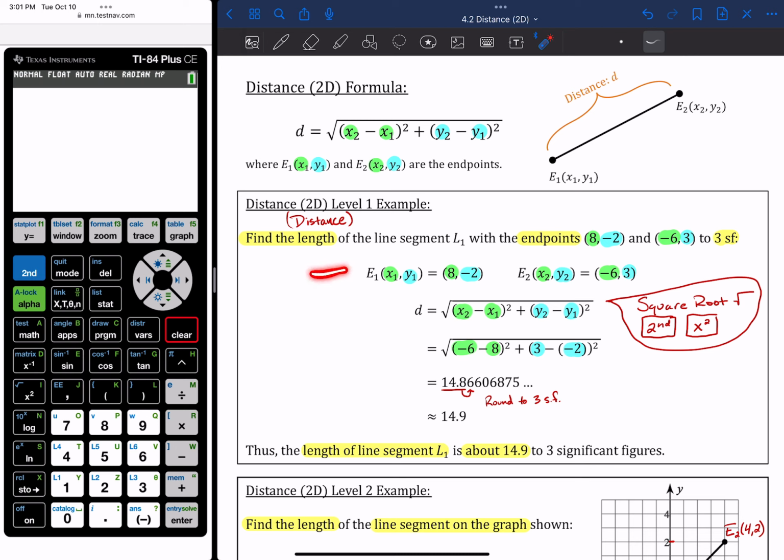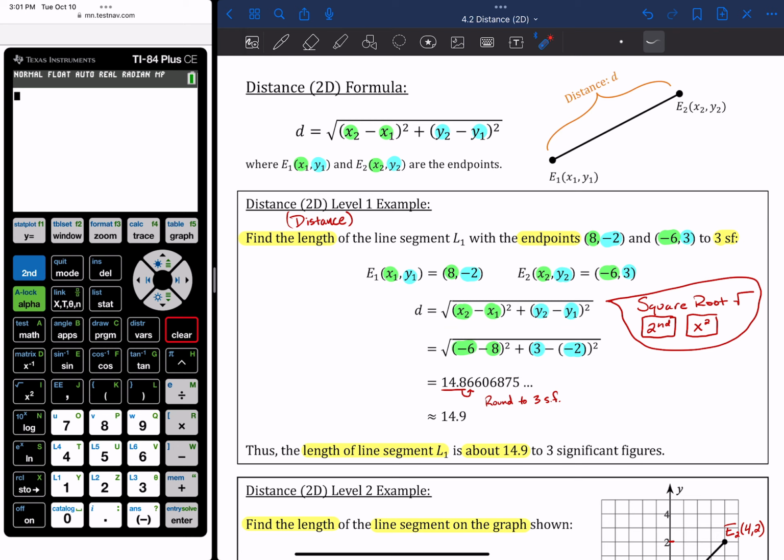So first step, I like to label my points. So I'll take this and I'll make it E1, my first endpoint. So I have 8, -2. That's the first endpoint. And that leaves the second endpoint to be -6, 3. Then I just use the formula. And I'm going to replace x2 with -6, x1 with 8, y2 with 3, and y1 with -2. Once I have it all in my formula, I can use my calculator to help me